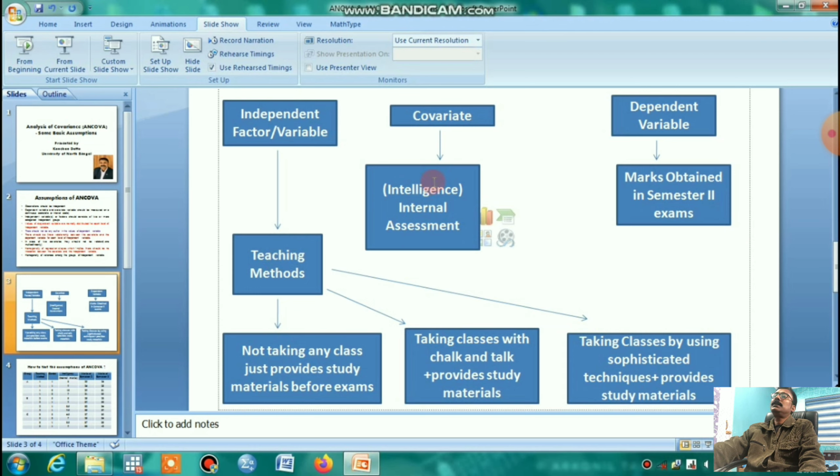So here lies the difference between ANCOVA and one-way ANOVA.